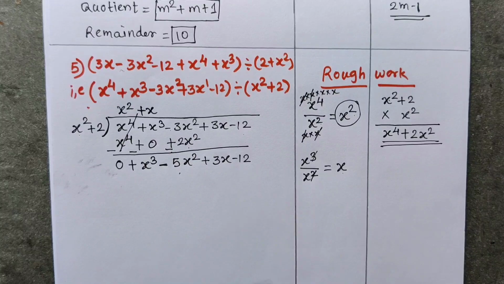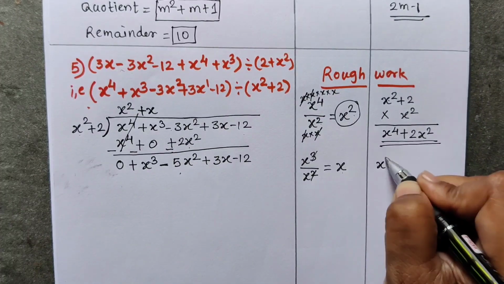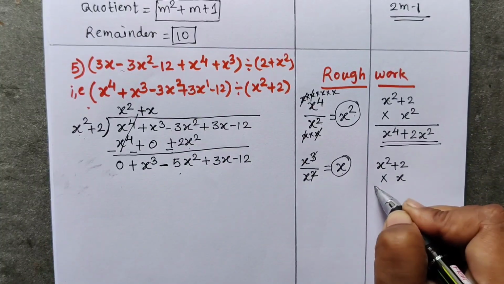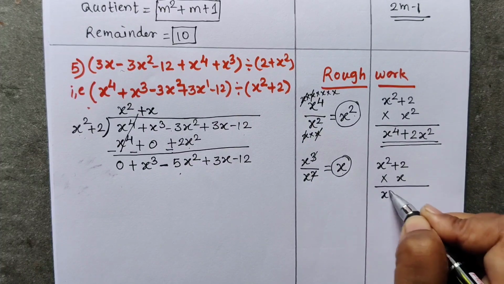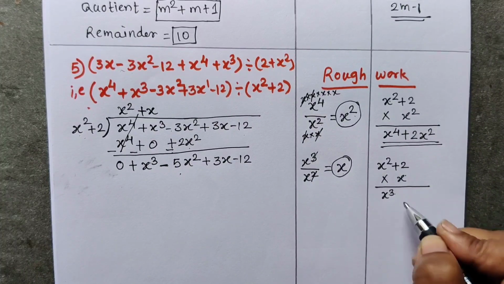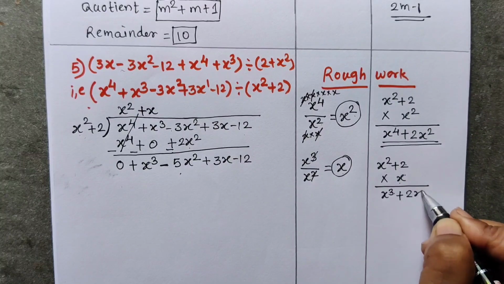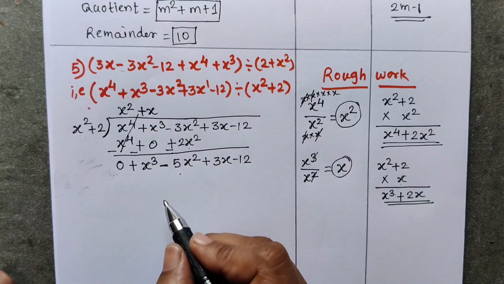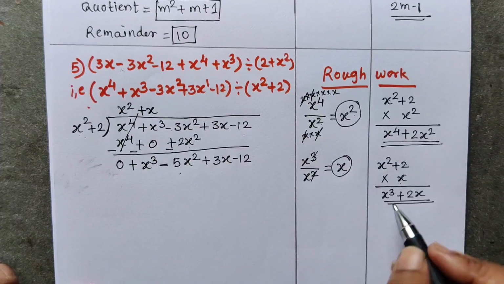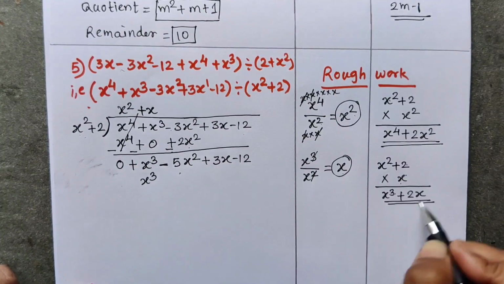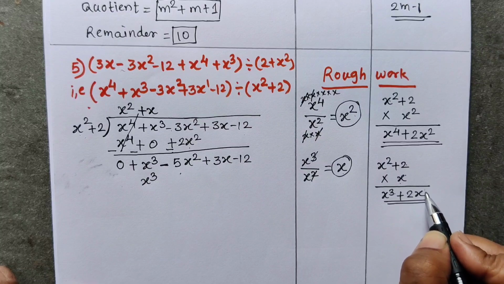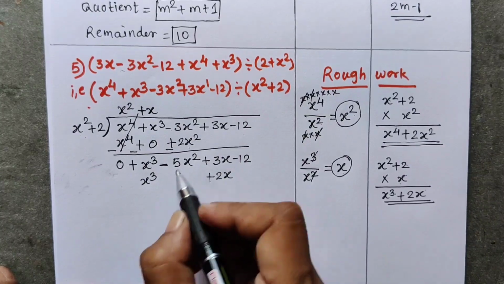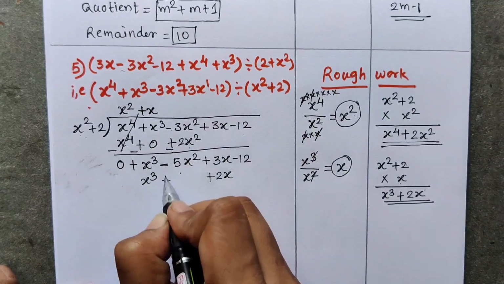Now what we have to write in the dividend, that we have to find out. So x square plus 2 is our divisor, multiplied by this x. So x square into x is x cube, here 2, here 1, 2 plus 1 is 3, plus 2 into x is 2x. Now again these terms we are writing in the dividend, second step. So write carefully. x cube should be written below x cube, and 2x, x raised to 1, has index 1. So this term should be written below this 3x, plus 2x should be written below 3x. Now we are not getting an x square term here, so I am going to write 0 here.